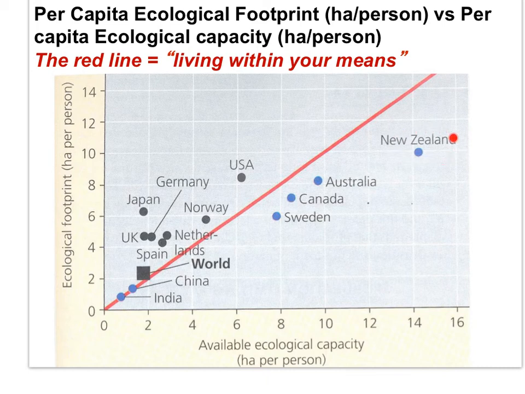Now New Zealand has a high per capita ecological footprint. New Zealand is a more economically developed country. New Zealanders are high consumers. But New Zealand also has a high per capita biocapacity because New Zealand has very productive land and very low population numbers. Again, the ecological footprint of a country depends on per capita consumption, population numbers, and the productivity of